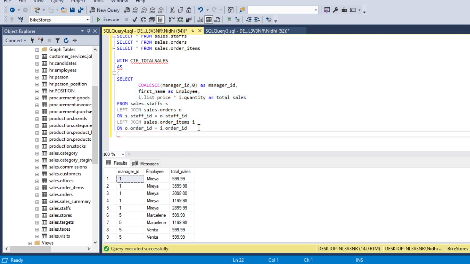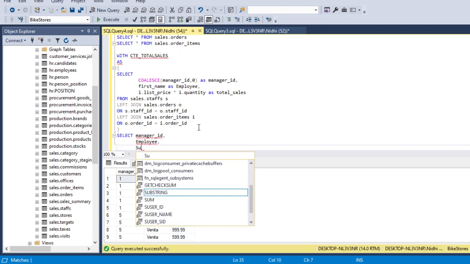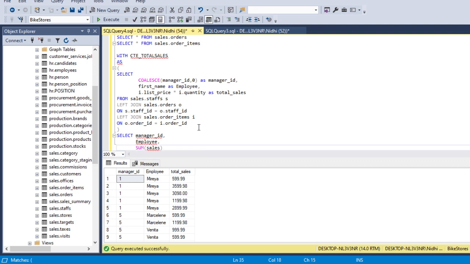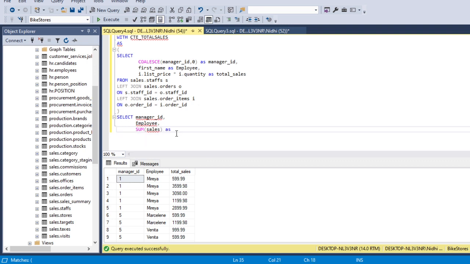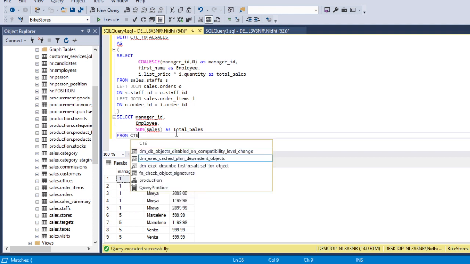So let's close this CTE first, and now we will use the select statement to get data from this CTE. So select, we need manager ID, then we need employee and sum of sales, and we will give it the name total sales, from CTE total sales.